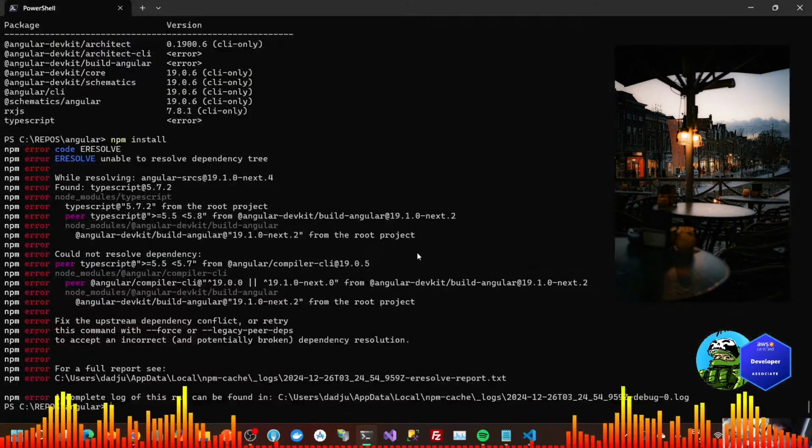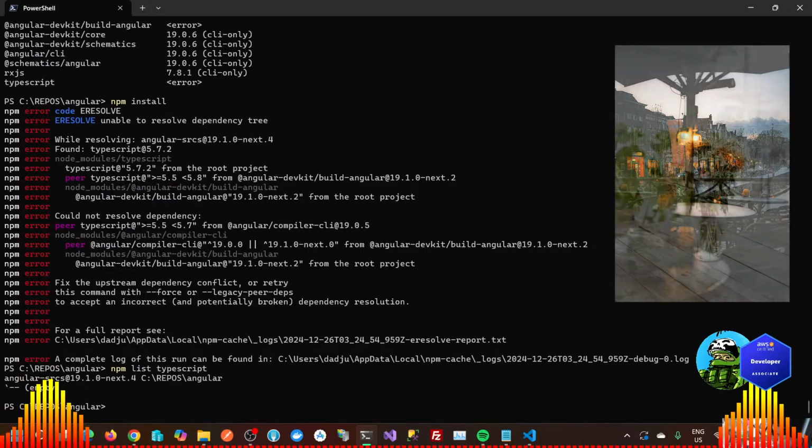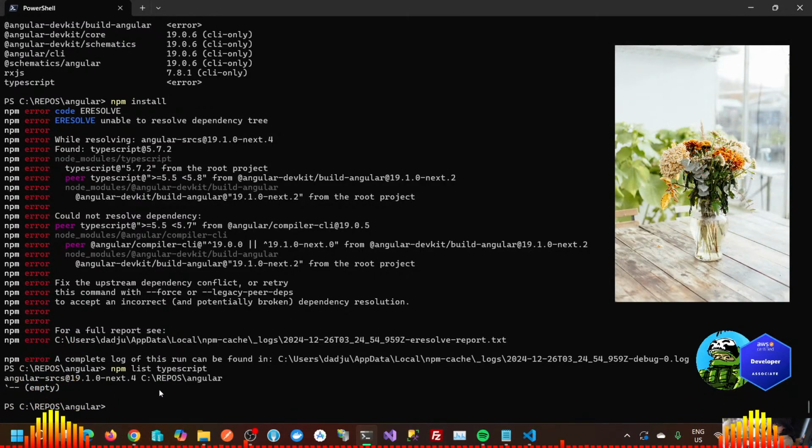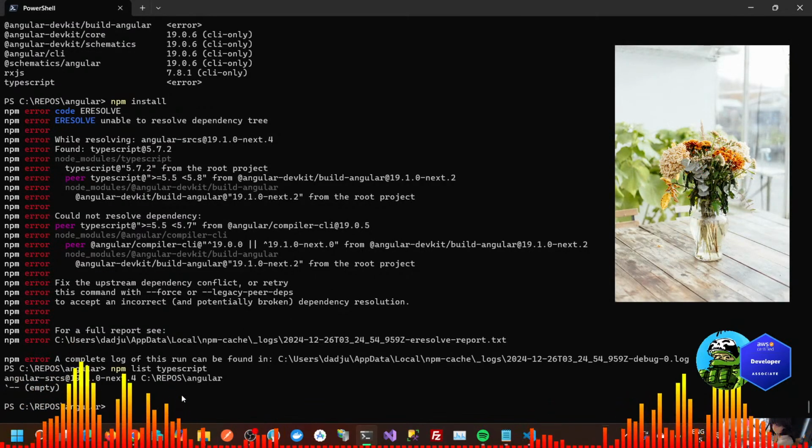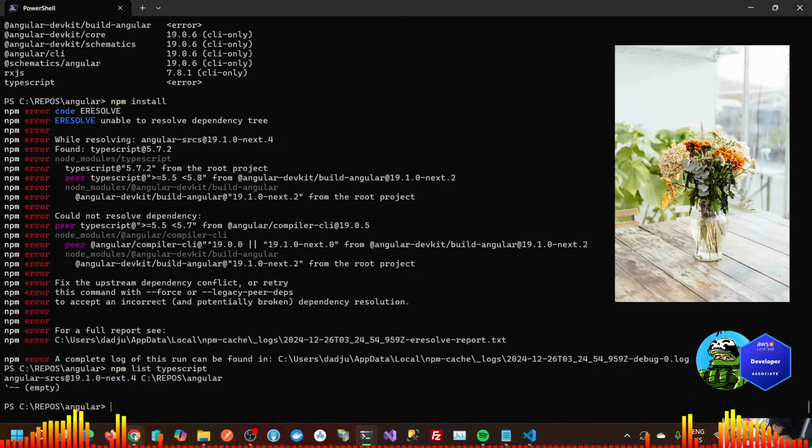Okay, so let's check that. It's empty, so does it mean I don't have any TypeScript?